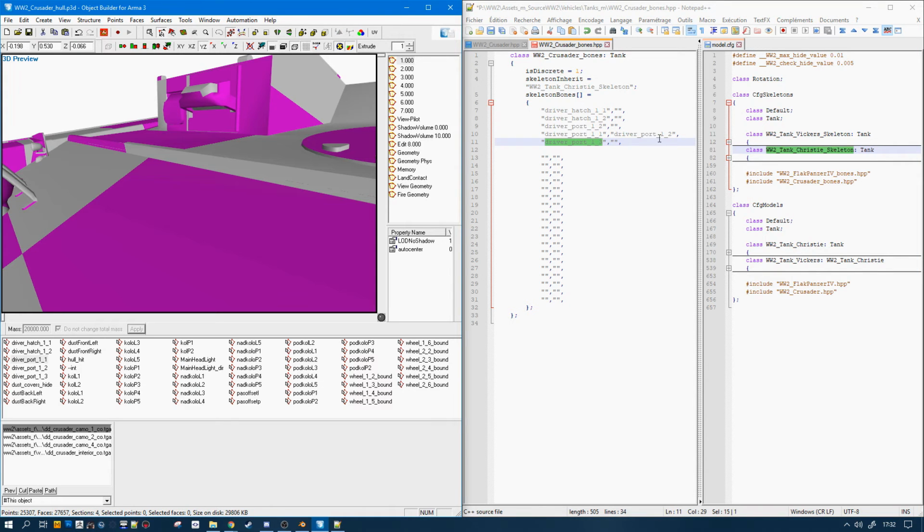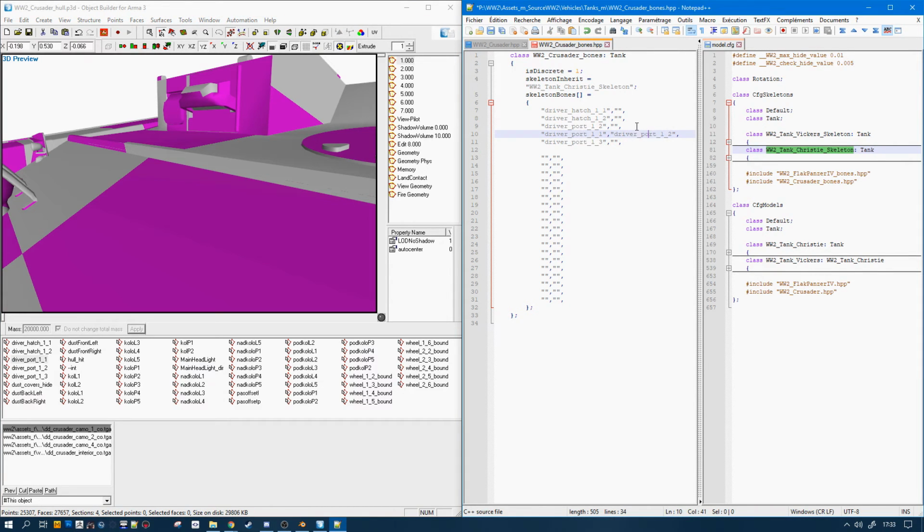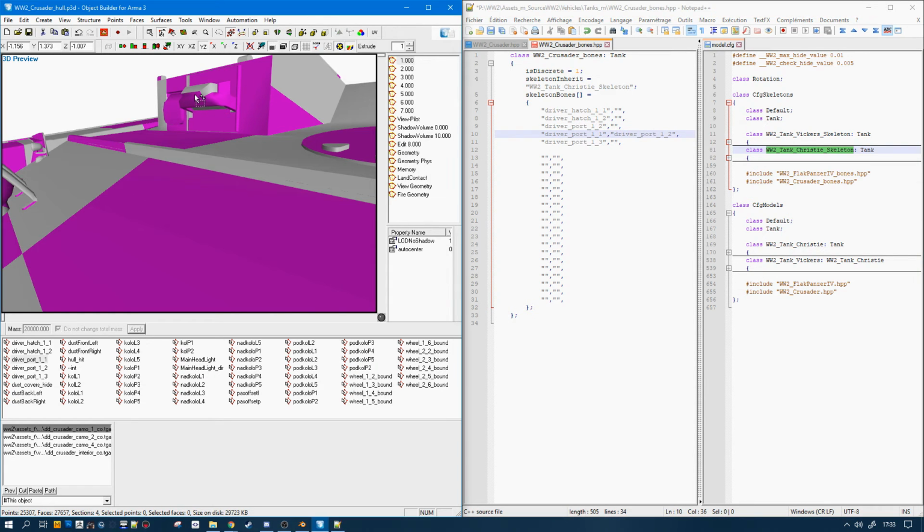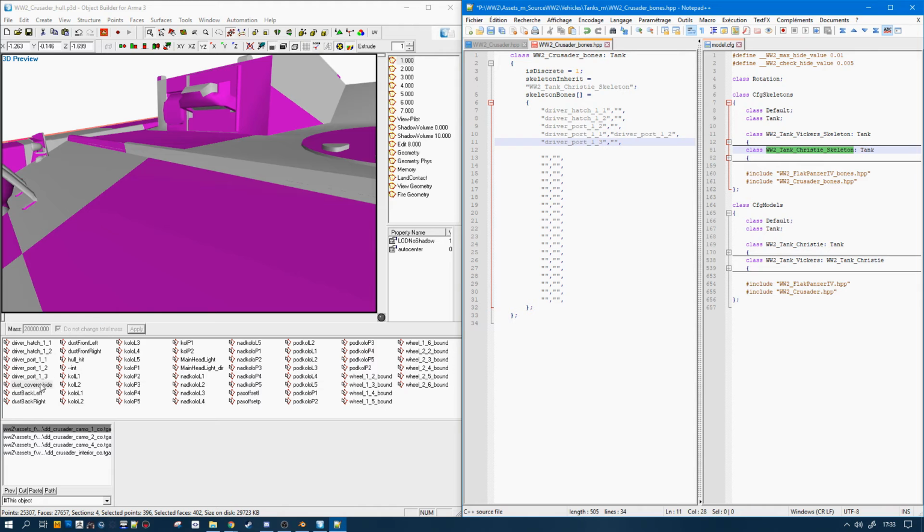We will demonstrate here the fact that if it's not bound, this is going to remain in place. This would remain in place, and this would rotate, which is wrong. Then I have dust cover hide.